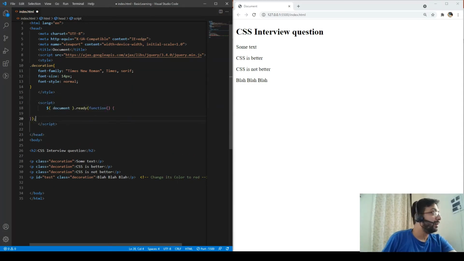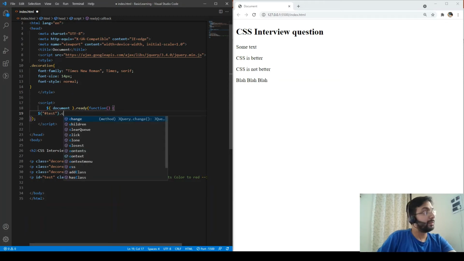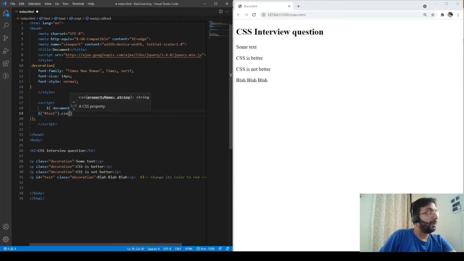I'll add the document.ready function, then I will access this test here, and since it's an ID, I'll use the hash, dot css, and then write the color, make it red. Save it. So if you see, the color is changed.